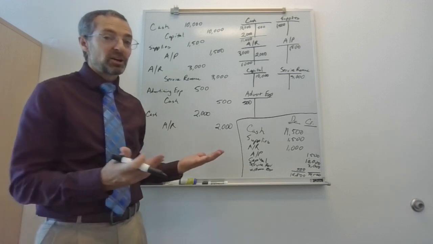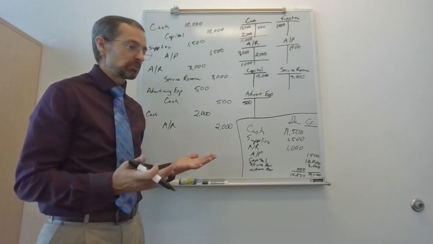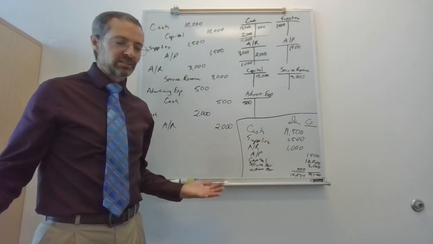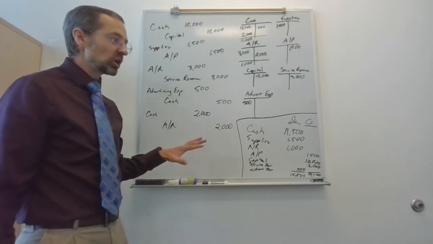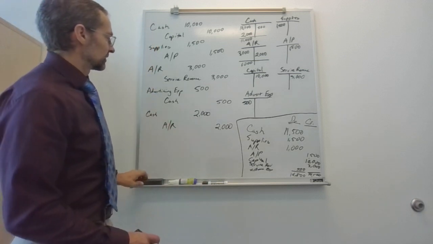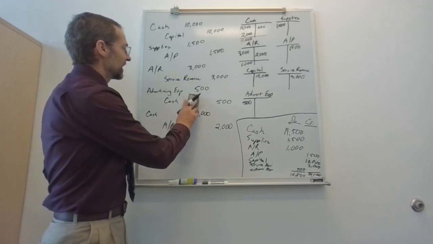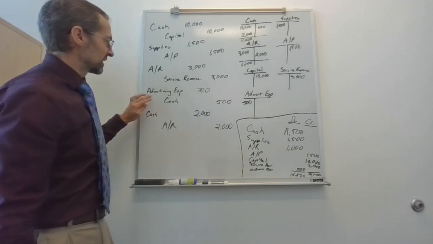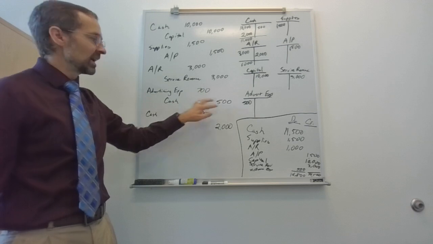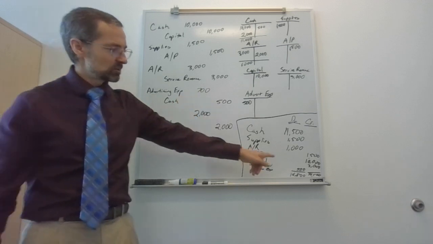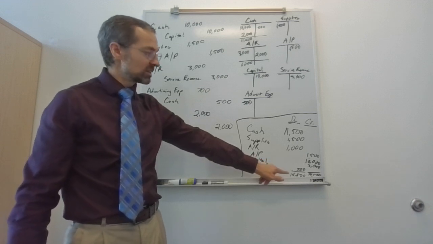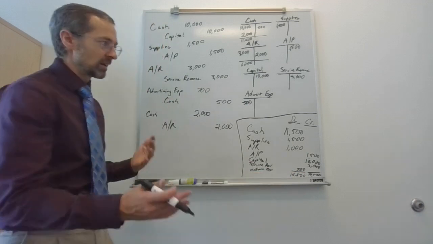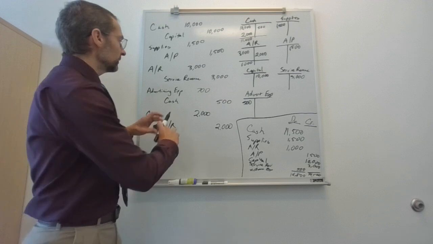First of all, it can help us pick out some mistakes that we made. If my debits don't equal my credits, I may have made a mistake along the way. Several things that could happen are, for example, if I accidentally put 700 as a debit in advertising expense and left cash at 500. Debits don't equal credits. Guess what? The trial balance can catch that because we'll see that my debits don't equal my credits down here. So we say, okay, well, something went wrong there.